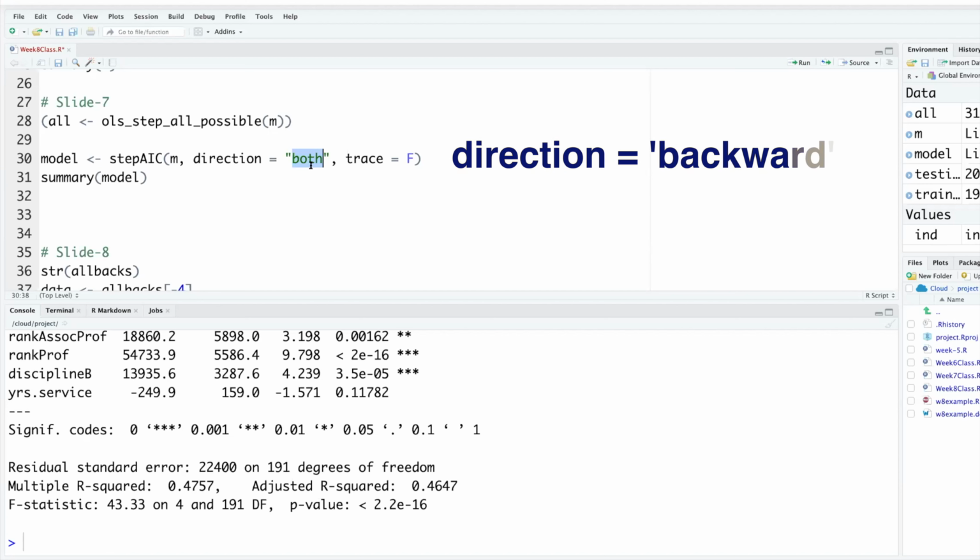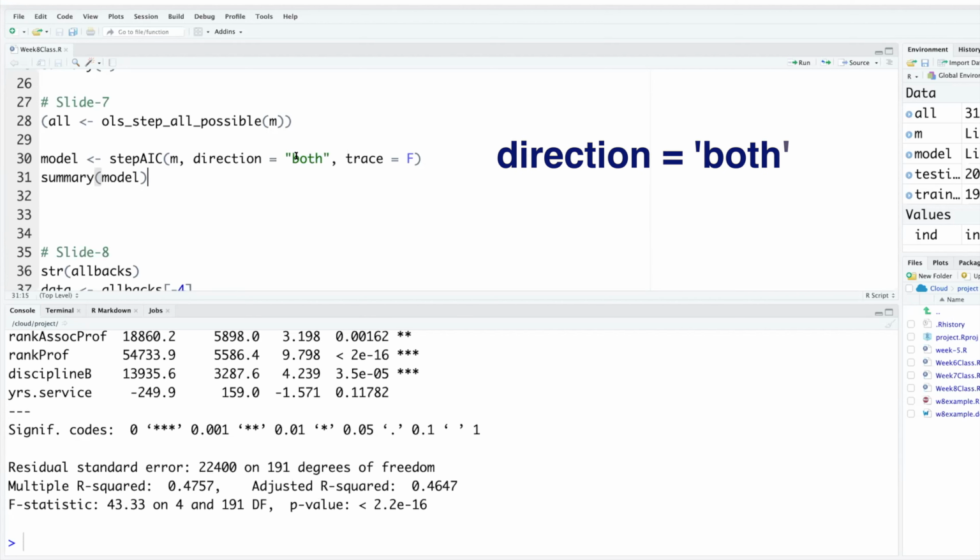And similarly, there is backward elimination. It moves in the opposite direction. You are starting with all predictor variables or all independent variables, and then one by one you remove the least contributing independent variable from the model, and you stop when you have a model where all predictors are statistically significant.